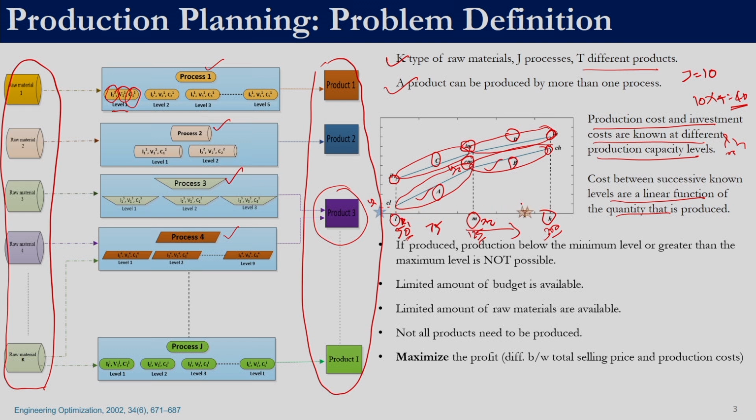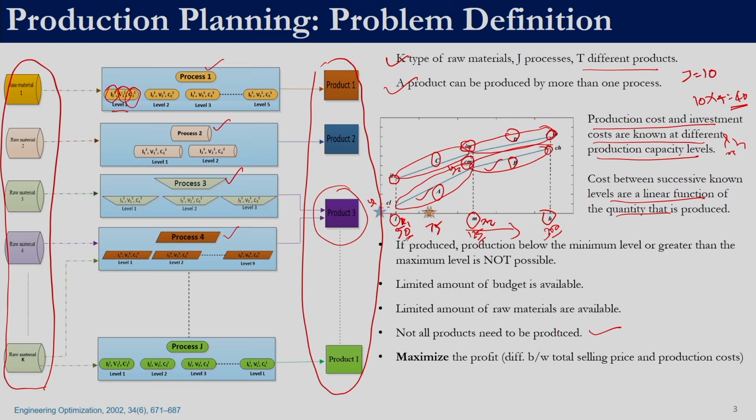So, here our job is to find out which of the products need to be produced. For each product we know that there are different types of processes which we can use to produce it, and depending upon how much we are producing, the production cost and the investment cost are going to be different. There is no compulsion that we need to produce all the products. Not all the products need to be produced; we are going to produce only those